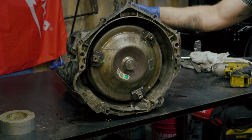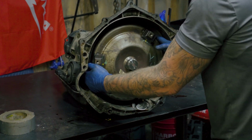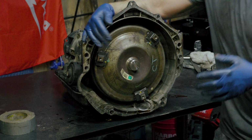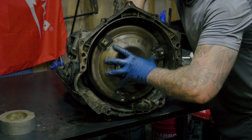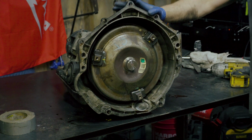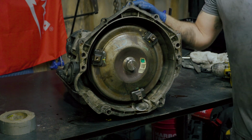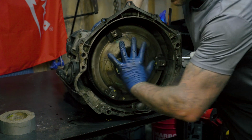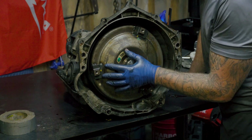But when you're installing this, you do need to be careful, because this does move easy. It will slide out fairly easily, especially when you're jacking it up. There's a lot of movement, so it could wiggle itself loose. So before I go to lift it up one final time, I'm going to check again to make sure that it's seated back, and once I get it to the top, I'm going to pull back a little bit, and reach up there and just try to give it a couple turns the best I can, just to make sure that it's seated. And then when you put it up in there,